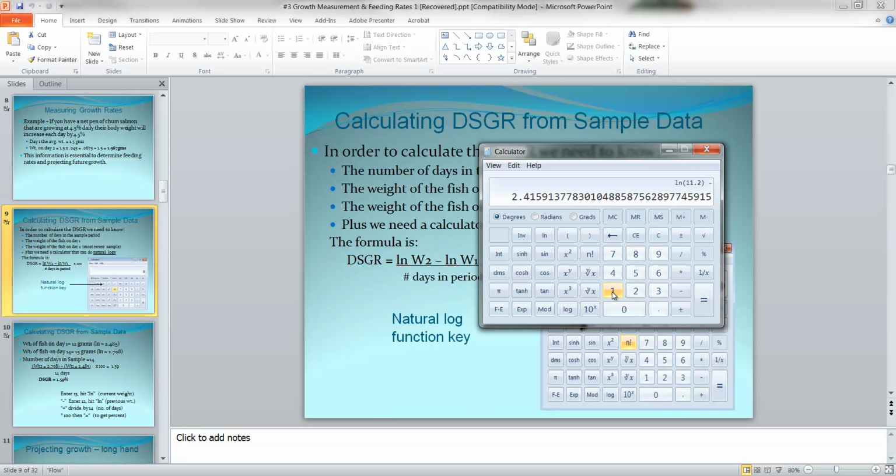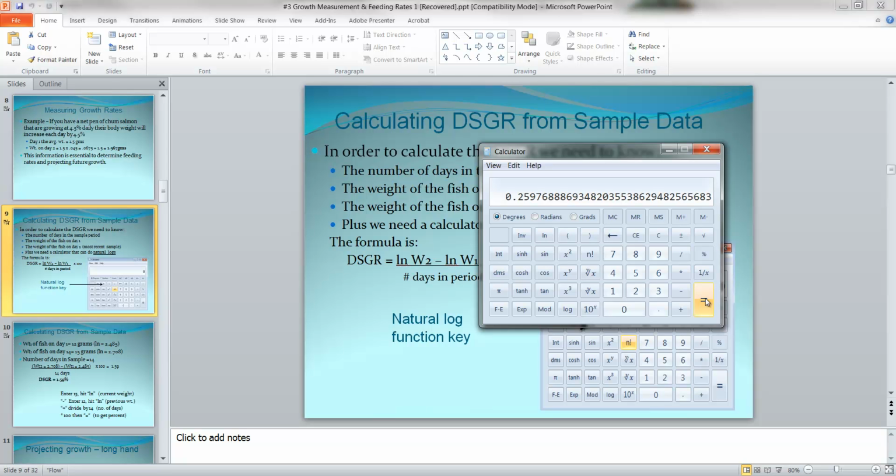Okay, so I'm going to type in 10.8, natural log of that. Okay, and see how this is all going up here. That equals this. I'm going to divide by what? I'm going to divide by 14 because I did this 2 weeks ago. 14 equals, okay, and then to get percent I have to multiply by 100. Okay, so the percent is basically 0.26, I'm going to say